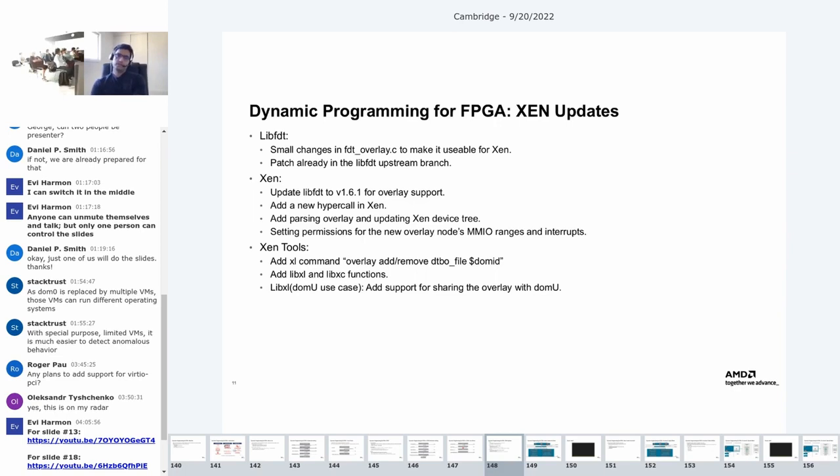Then we added a new hypercall, and functionality to parse the overlay and update the Xen device tree. Once we have the information about the new nodes and have added them to the device tree, we can map the MMIO and interrupts to the required node. For the Xen tools, again,